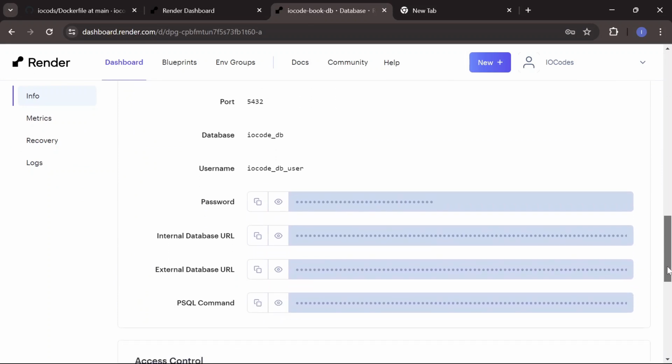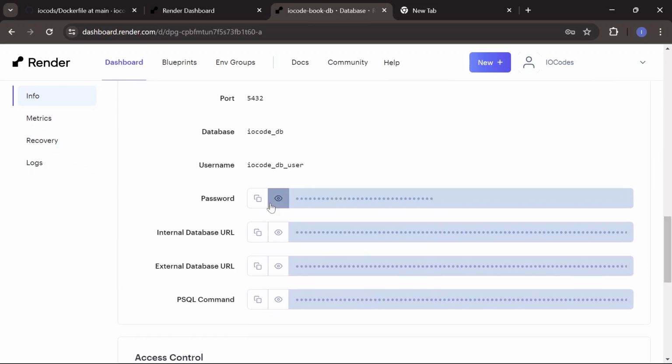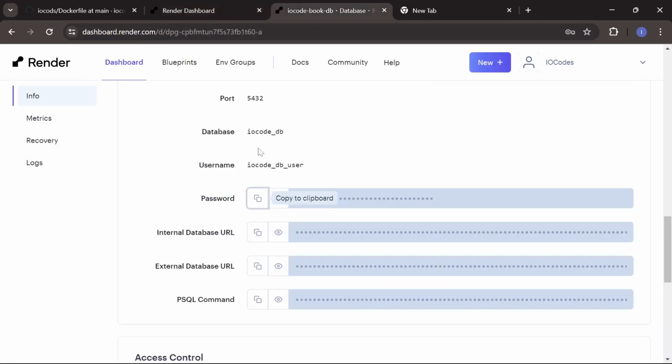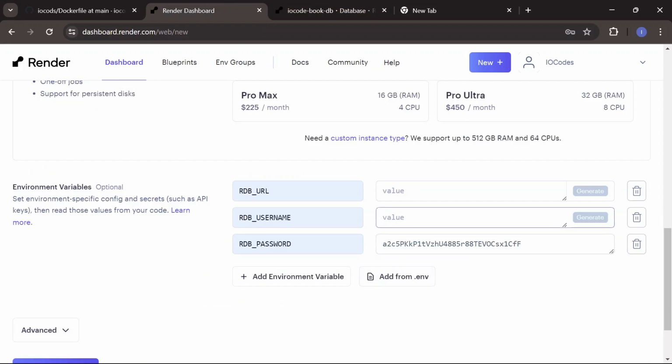And now I want to copy the whole of this. First of all, the password, I'll copy the password, move back, and paste it here, and back to the username, I'll copy the username as well, paste it here,